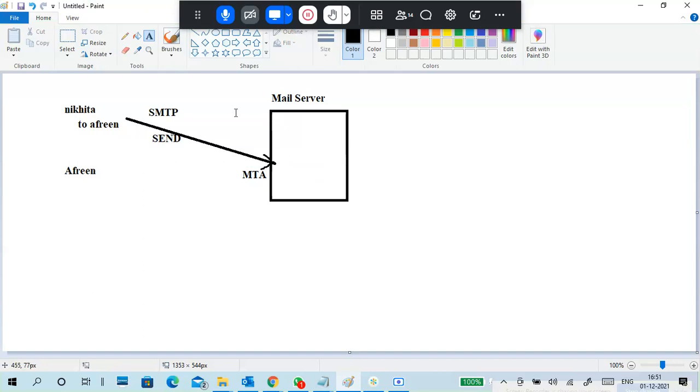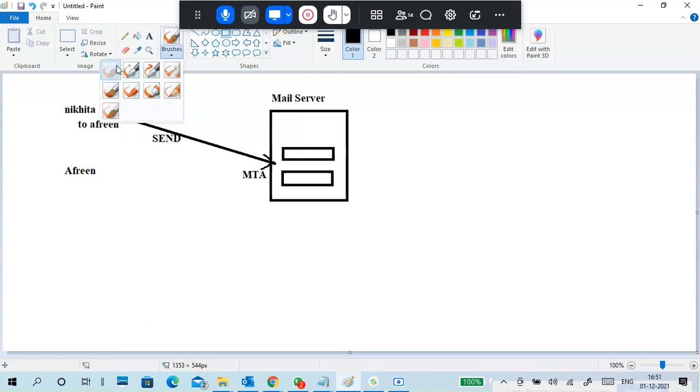When the mail server receives a mail, what will it do? The mail server has mailboxes, just like folders in the server. It takes a mail and drops it into the respective folder.